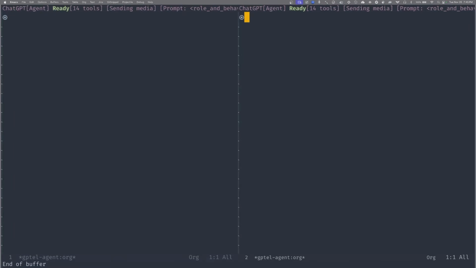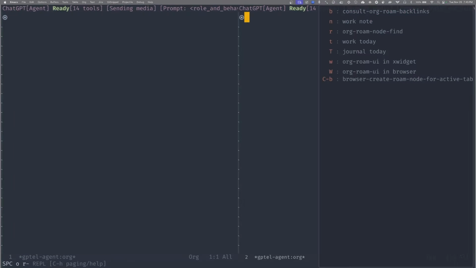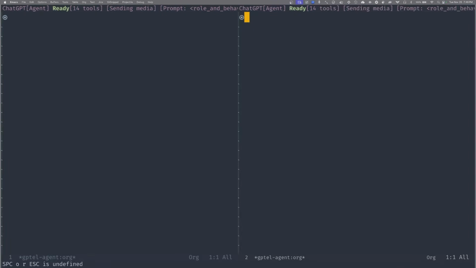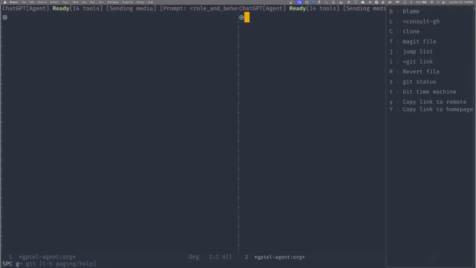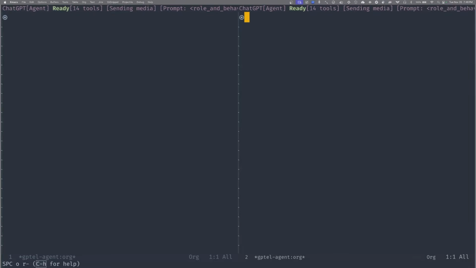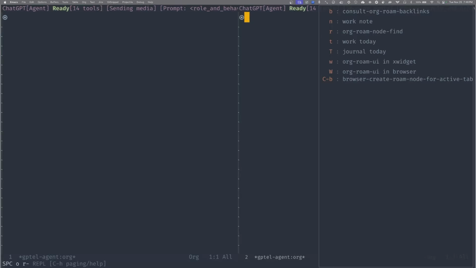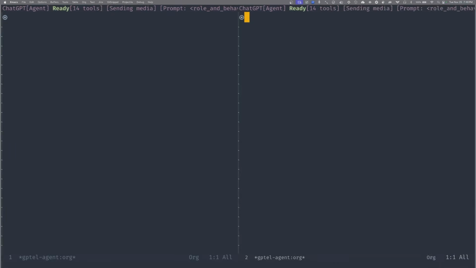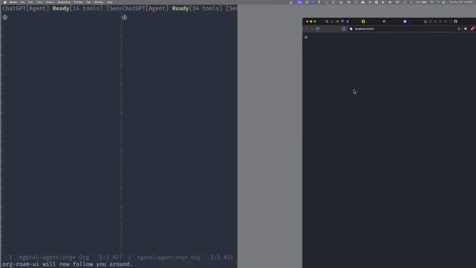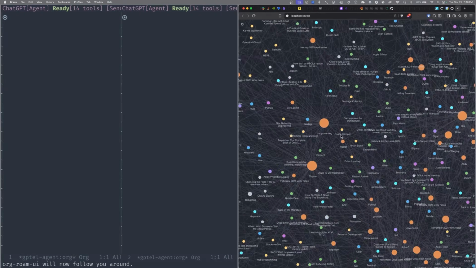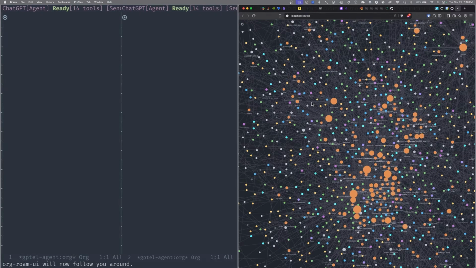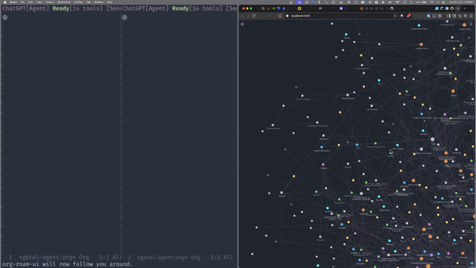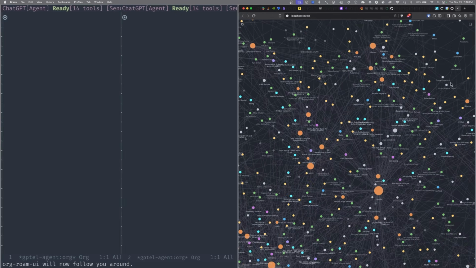Let's see. I use org-roam, and I have a bunch of org-roam nodes. I don't do this very often, and of course my muscle memory fails me when I need to show something, so I'll do it in the browser, because I don't like using xwidgets for that. Although it could be beautiful, these are all my notes.